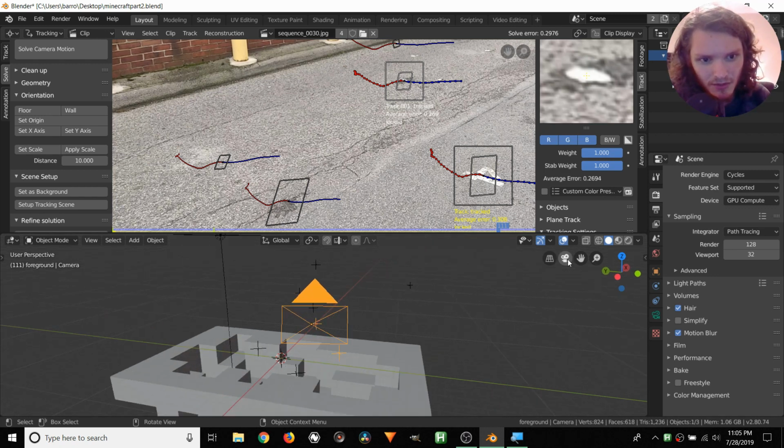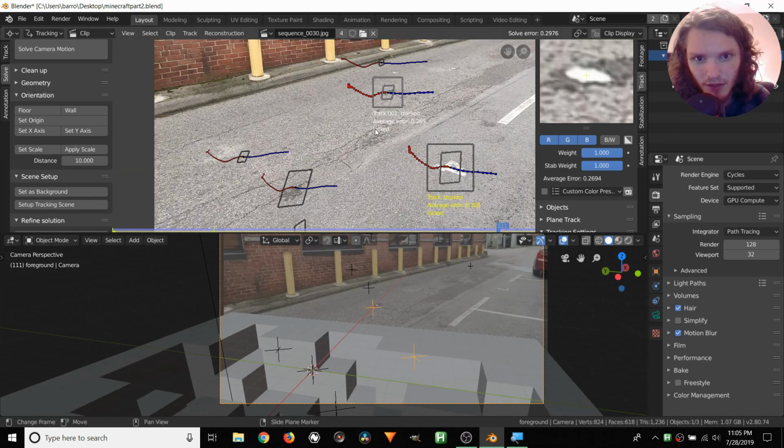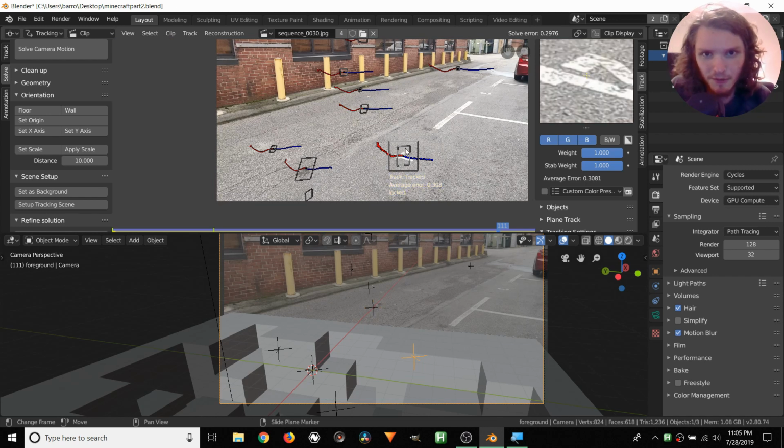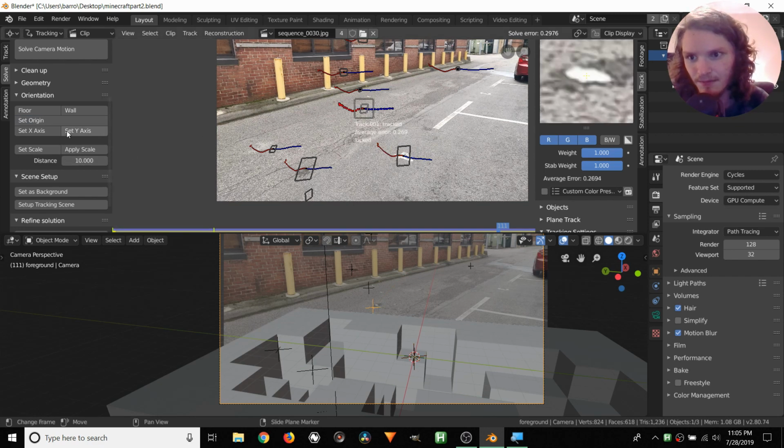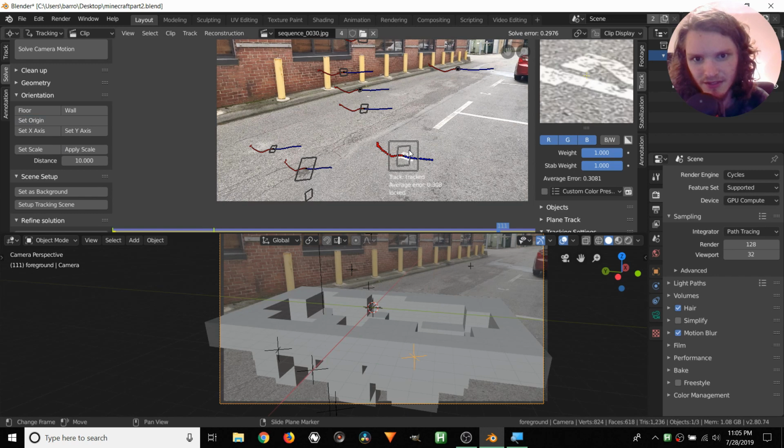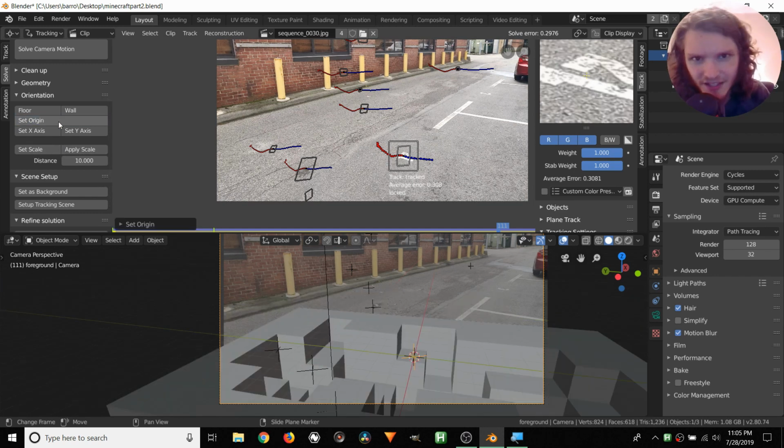So what we can do, let's go back into the camera view. First of all, let's set an origin. So we know where the plane is, we know what the scale is, but where's the center of the plane? Well, we can say it's right here on this empty. So select this and then set origin. So now our crater is centered at that point. We could center it wherever, really, as long as it's on the floor.